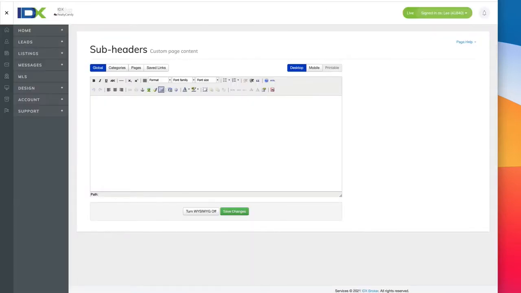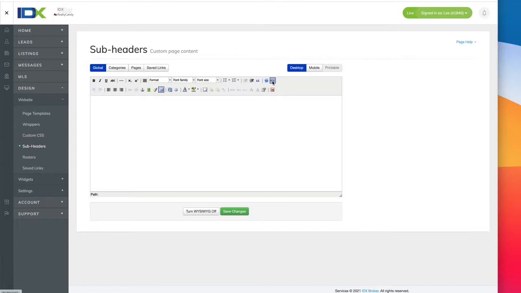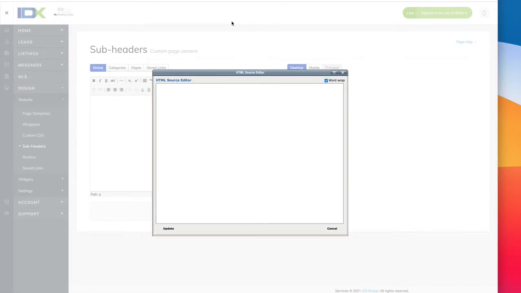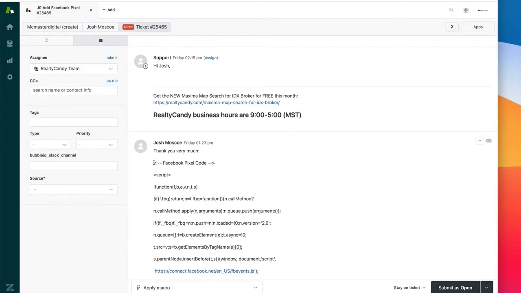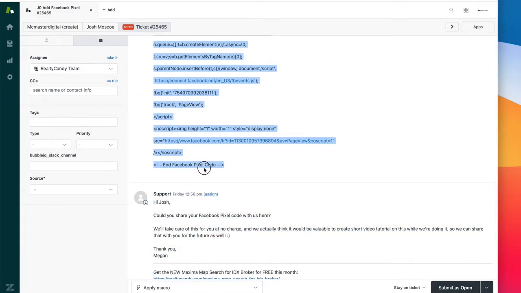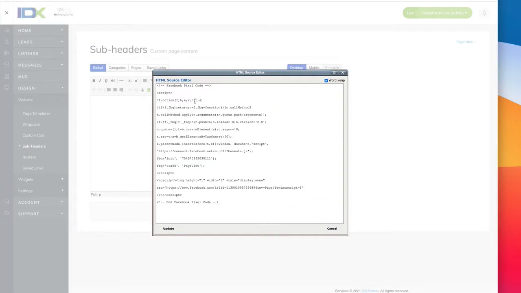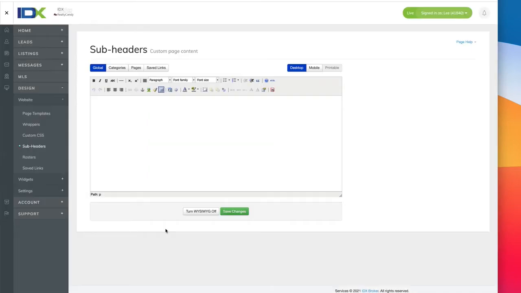And so then what you do is you log into your IDX broker account, you slide down to where it says design, then click on website, and then click on subheaders. What we're going to want to do is go in here to the global subheader, and in this case I'm going to click on this HTML, so this shows us the code here, and then I can just paste that code. Looks like I didn't copy it. Let's grab it there. We'll copy the code, and then I'll come over here and paste it, push update,